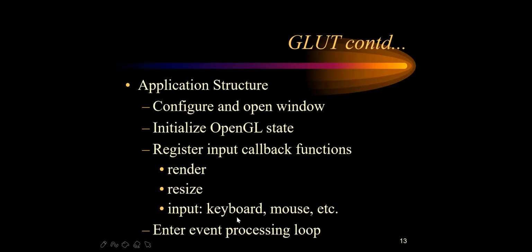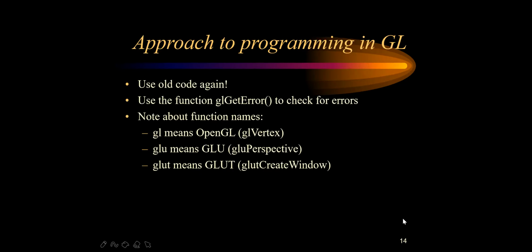You can utilize this event processing loop anywhere, wherever you want to utilize some kind of rotation values. I have given you the example of rotations, but you can utilize these events in any way, whenever you want to fire something, or if you want to give some kind of forceful stoppage, at that time also you can use this event. Okay, so this is the application structure of your GLUT.